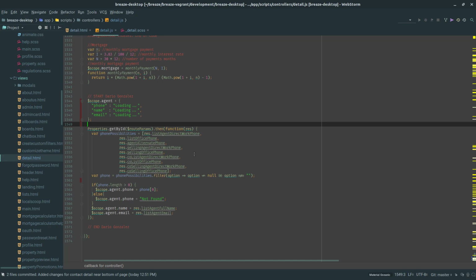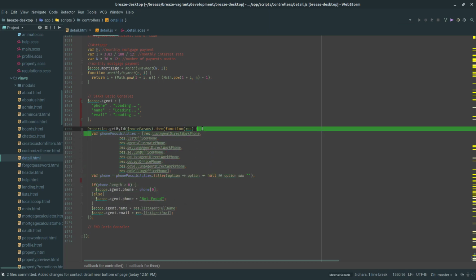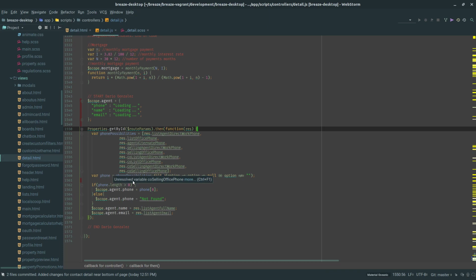And the reason that I have them like this is because across several listings, not all agents use the same field to enter their phone number. So for example, on one listing, instead of using the first option here, list agent direct work phone, they use list office phone. And so what this code here does is it loads all that data,